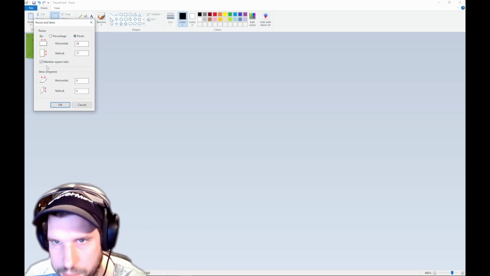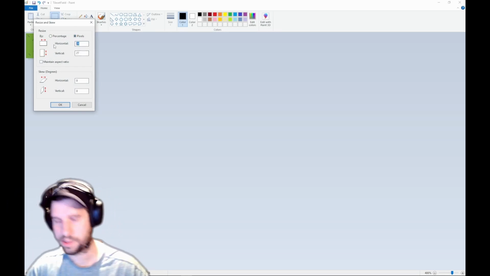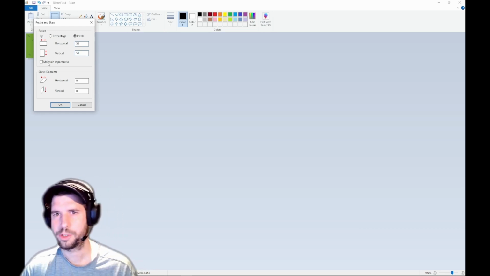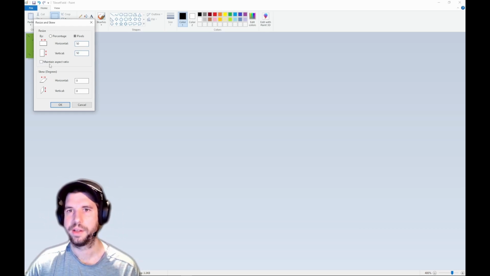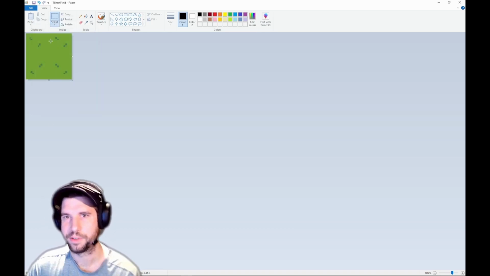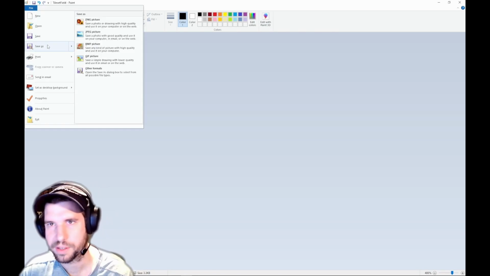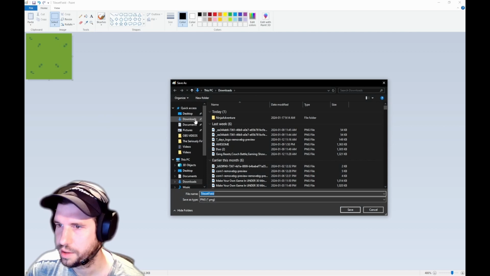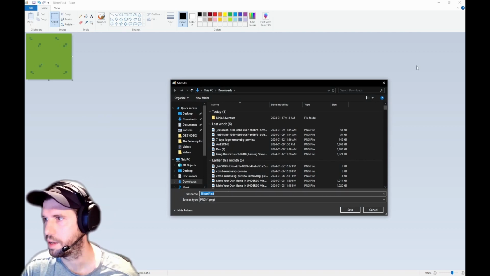The main thing here is we need to know the size of it. So I'm going to make this 50 pixels by 50 pixels. I'm changing it to not maintain the aspect ratio, so we can modify it to whatever size we want. And there's our lovely little texture. We're going to save this. You can save it as whatever you want, but for naming conventions, for simplicity, I would suggest